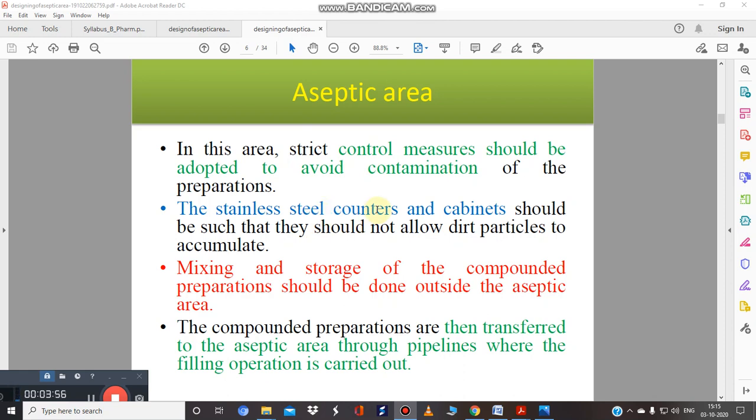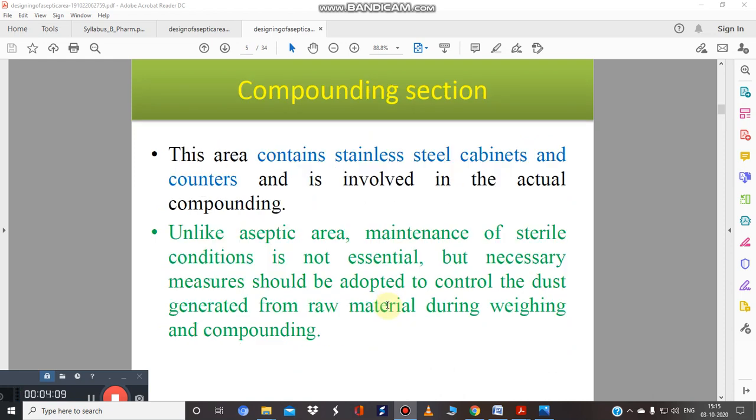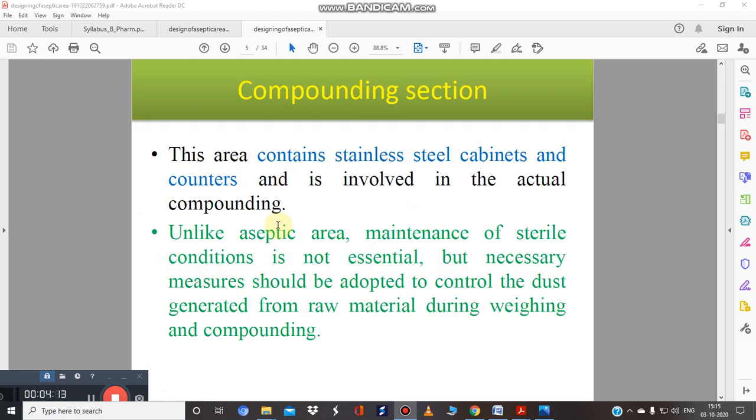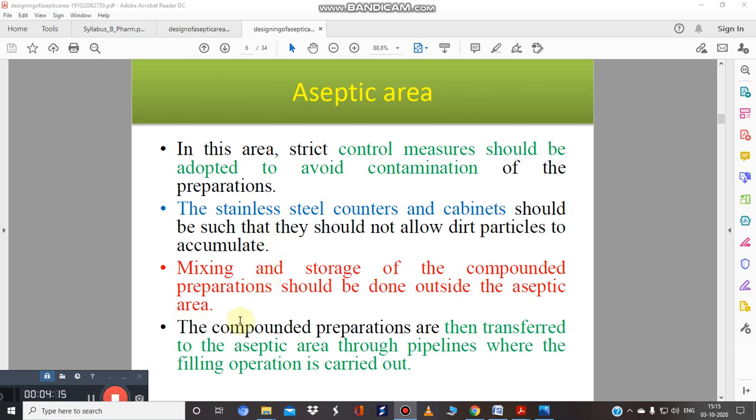We use stainless steel countertops and cabinets so that they do not allow dirt particles to accumulate. The mixing and storage of the compounded formulation should be done outside the aseptic area, over here, that is the compounding or preparation area. The compounded formulations are then transferred to the aseptic area through pipelines where the filling operation is carried out. So this is a very important, critical step.